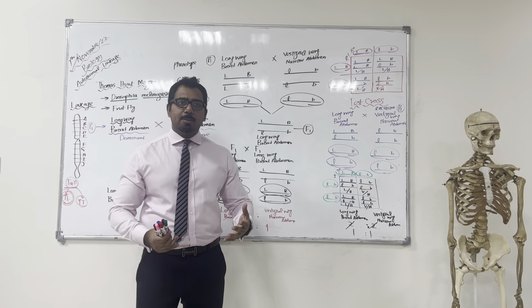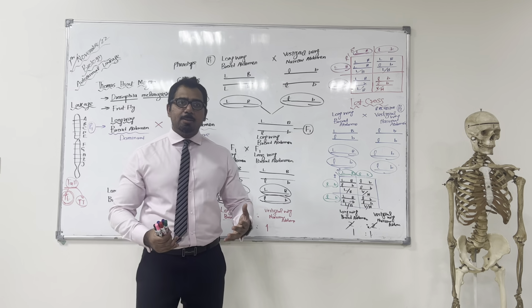Then they came up with the solution that these genes are not present on different chromosomes, they are present on the same chromosome. As the genes are present on the same chromosome, it is called linkage. And they represent the linkage in this way: we draw a line which represents a chromosome. Understand? And we write the alleles like this. Now, this is a true breed, this is a true breed. When we make the gametes and they join together, we make long wing, broad abdomen, that is the F1 generation.